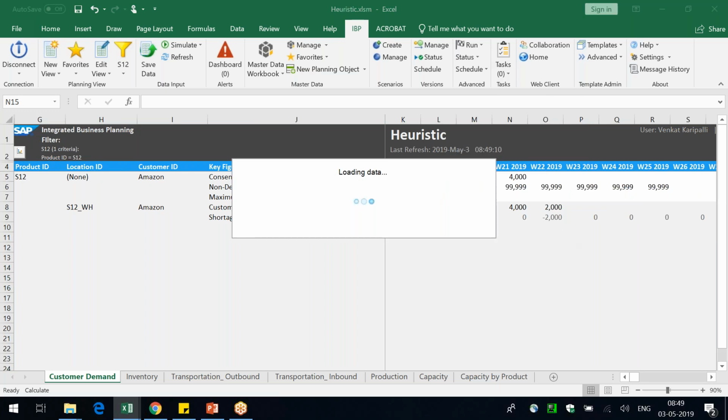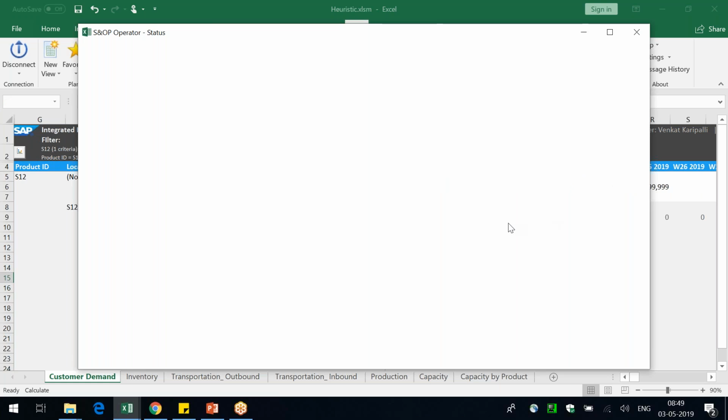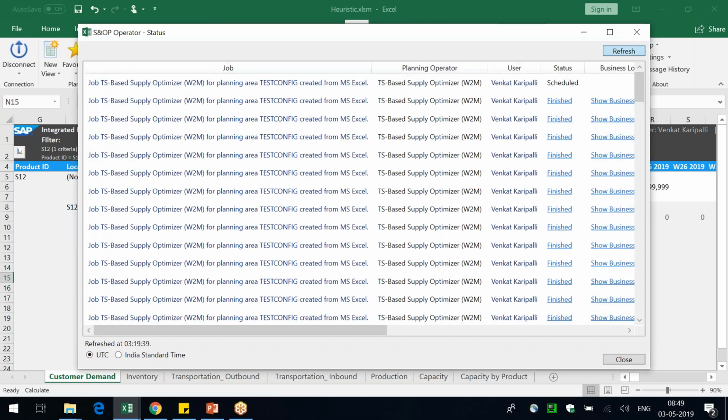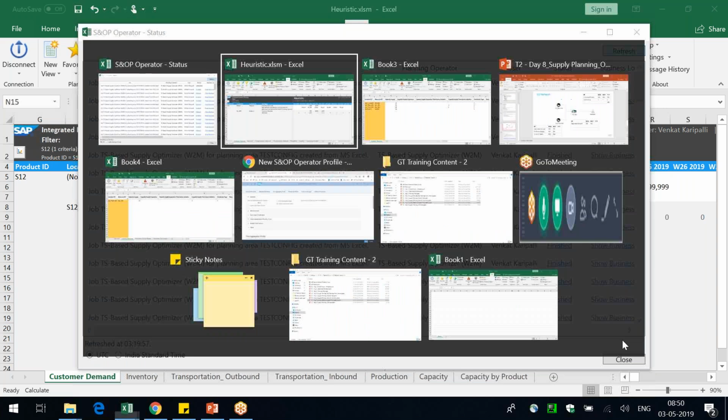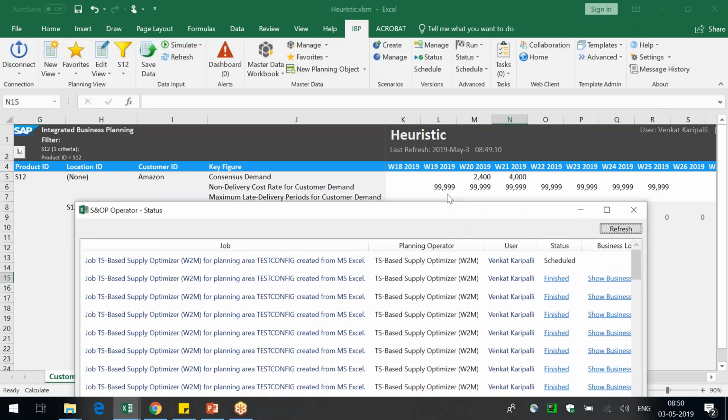Because the optimizer does a lot of this pre-building activity, it pre-builds and then keeps the stock at one location, and whenever the demand comes in, it will meet it with that pre-built stock. So yeah, let's see how this works without the late delivery. Have I deleted the late deliveries or not? Yes, I think I did.